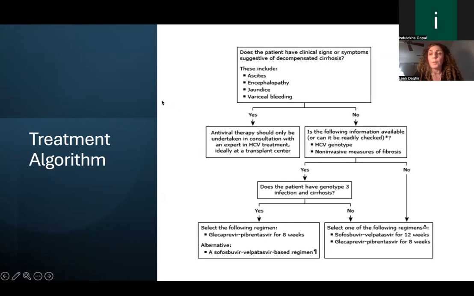is the following information available or can it be readily checked, like hepatitis C genotype and a non-invasive measure of fibrosis? If yes, does the patient have a genotype 3 infection or cirrhosis? If the answer is yes, then select one of these regimens. If the answer is no, or you cannot obtain the hepatitis C genotype or non-invasive measure of fibrosis, then select one of the following regimens, which is sofosbuvir or